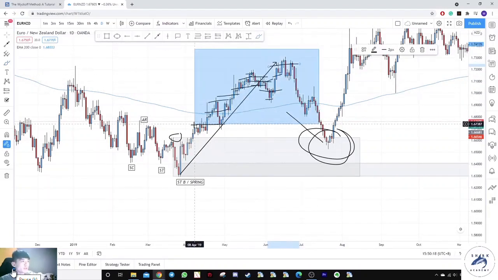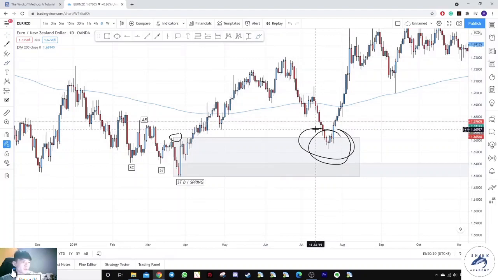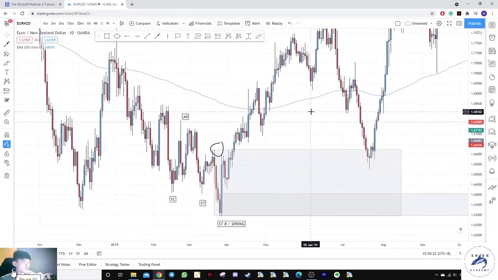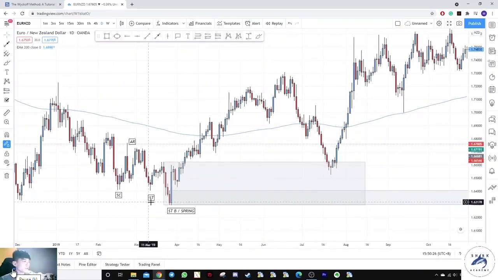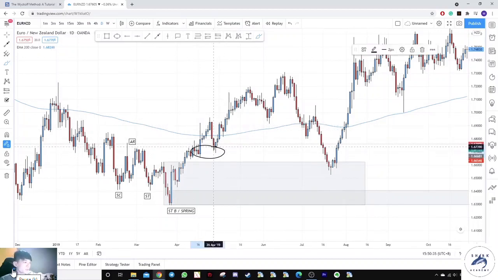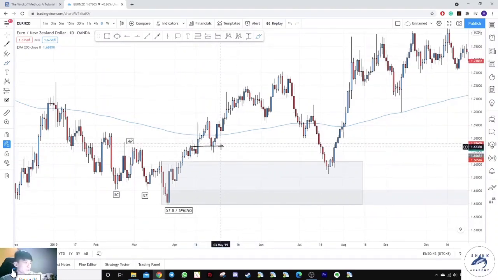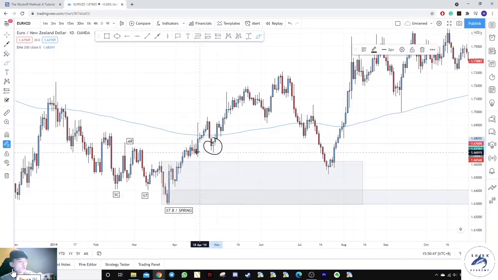So why do they buy and sell in every market? Because institutional traders, hedge fund traders, asset management or liquidity providers and market makers are the ones that drive the market, correct? So let's say they know that retail traders want to buy here. For every buyer, there needs to be a seller, correct? And who are the ones that sell to you? It's the institutional traders on behalf of composite man. So for you to buy here, someone needs to sell to you over here, correct?